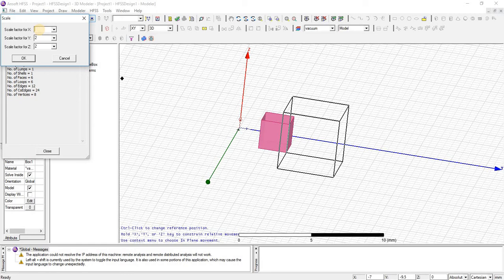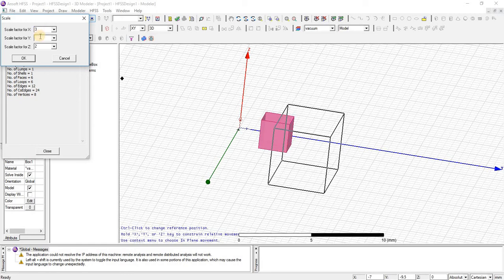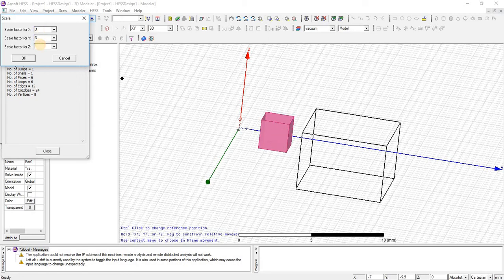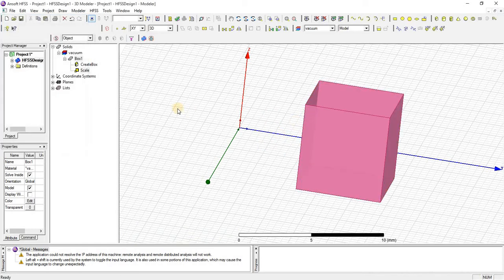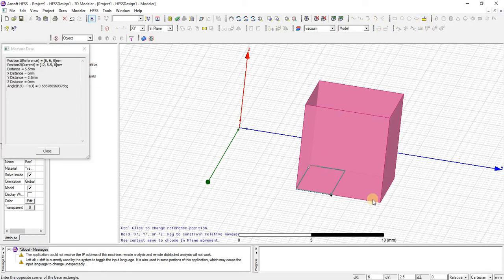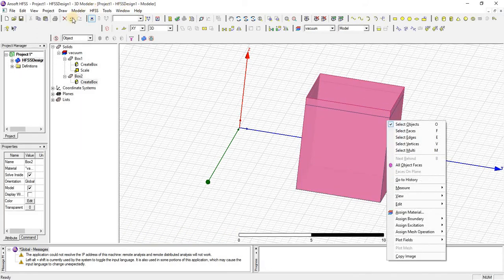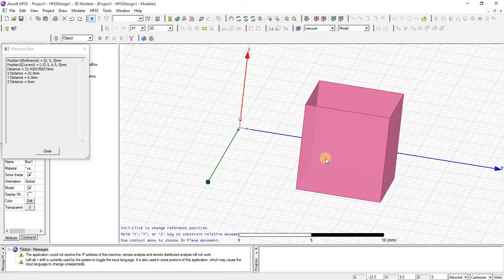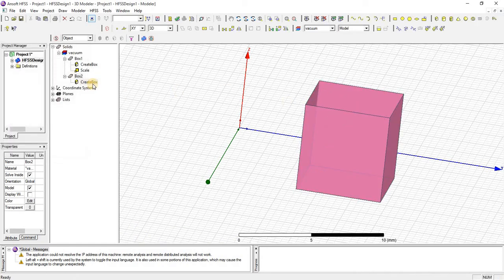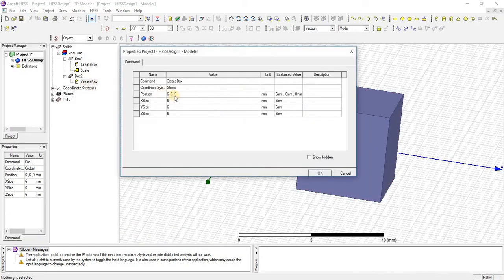If I select 3, 3 and 3, now you can see that 3 is multiplied with 2, 2, 2.